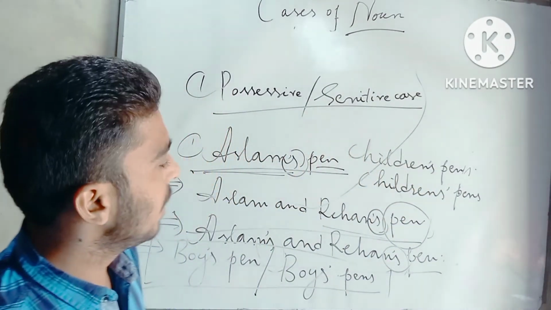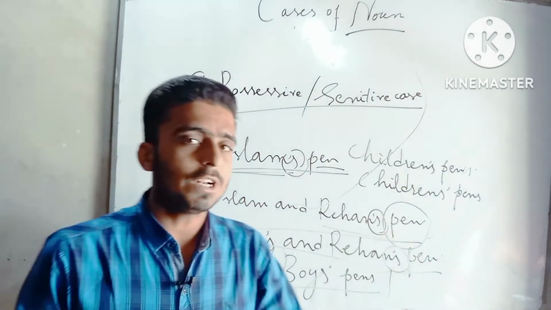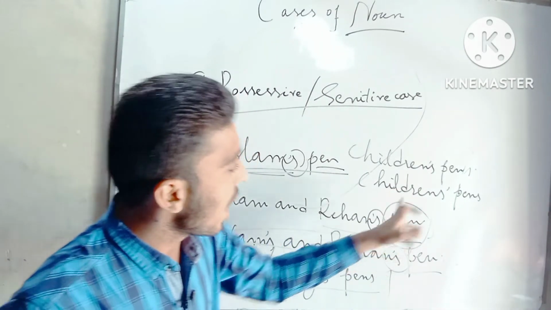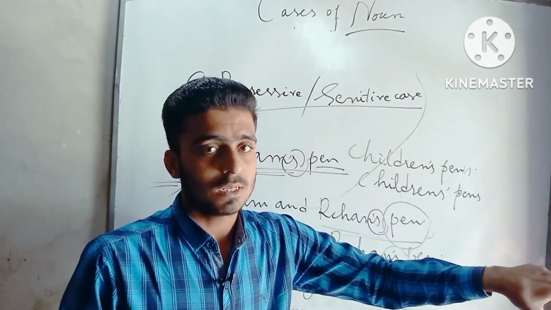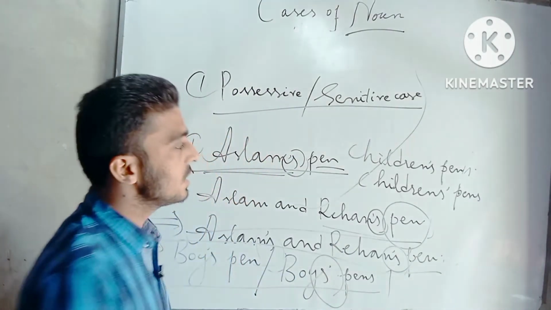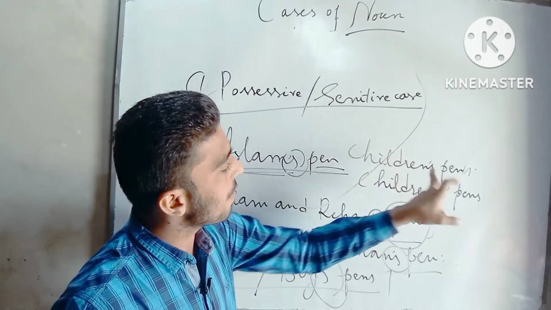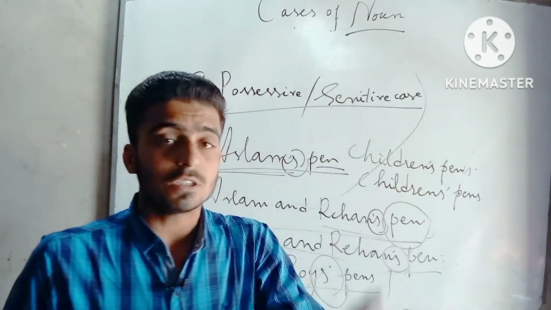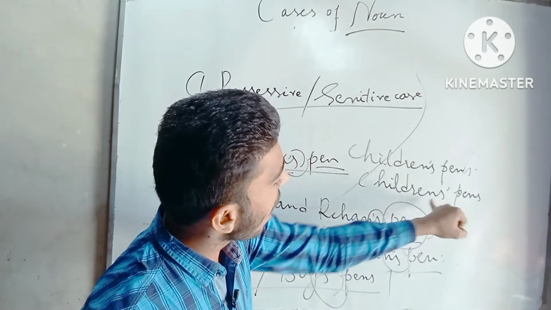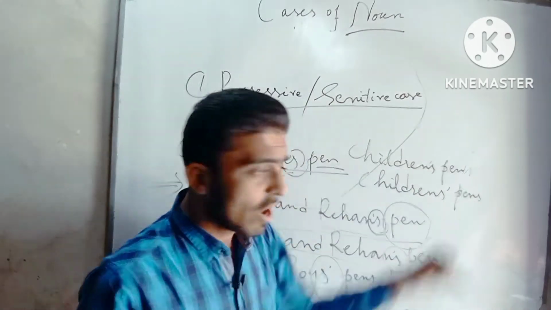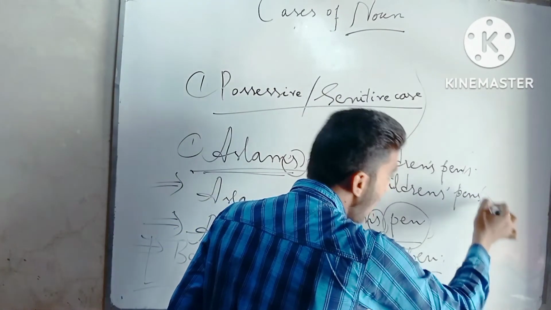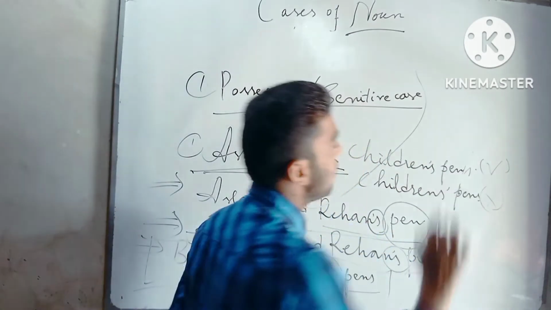Here you will see that according to the rule, we learned that whenever we form the possessive case of plural nouns, we give the apostrophe after the s. Just like I have given here the apostrophe after the s, and here I have given the apostrophe before s. Children is the plural of child, a singular, and here in this example I have given the apostrophe after s. Which one is going to be correct? The second one is going to be incorrect and the first one is going to be correct because we form the possessive case of